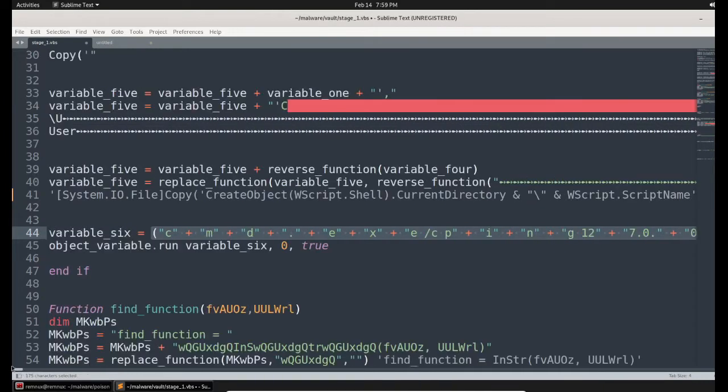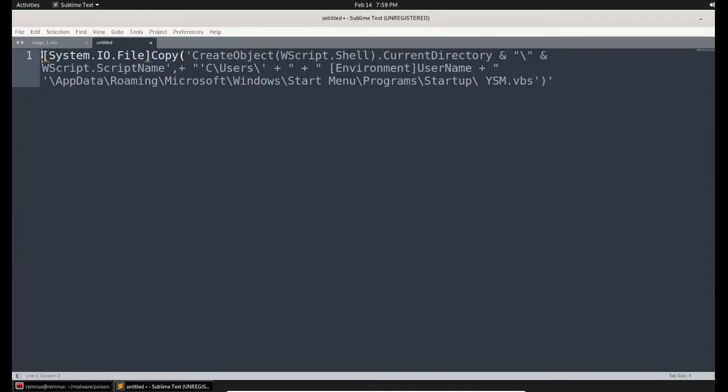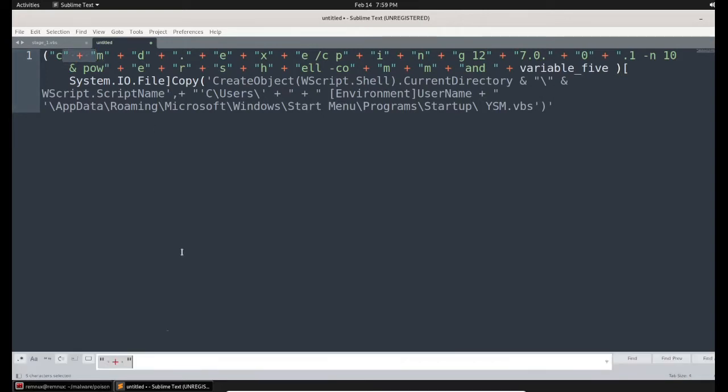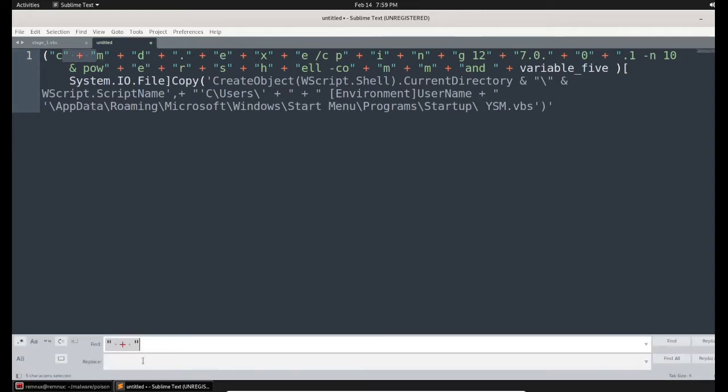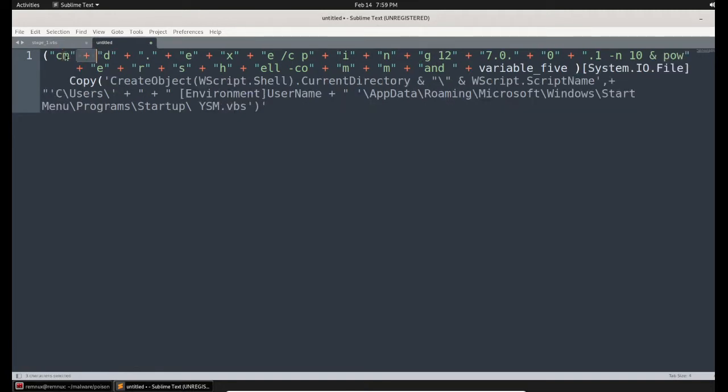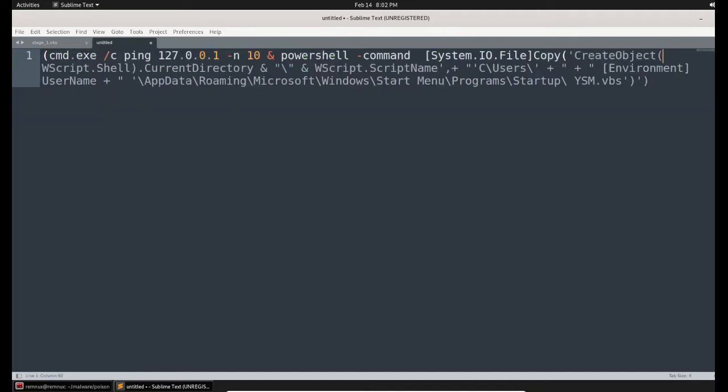So what is variable 5? Variable 5 we already found here. So what we have to do is we need to simply prepend this thing here. So if I remove all this stuff, Control H, let me try replace all. No, I'm not able to replace this. So I'm manually doing it, bear with me. After cleaning it up, you may see what is the comment added in the front.